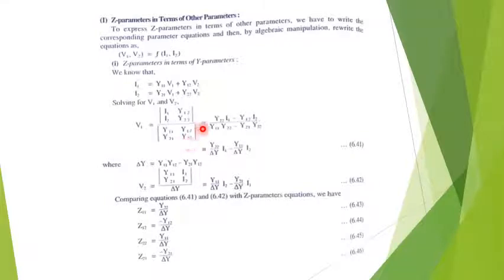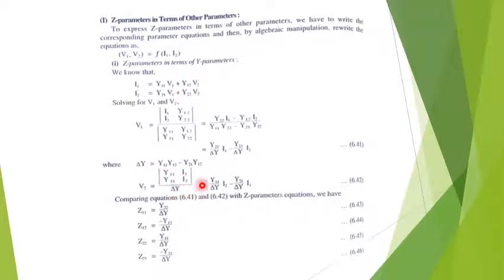So this will be equal to, if you open it out, Y22 I1 minus Y12 I2, divided by the determinant of this matrix, that is Y11 Y22 minus Y12 Y21. So when you simplify this, this becomes equal to Y22 upon delta Y, where delta Y is the determinant of the Y parameter matrix, into I1 minus Y12 upon delta Y I2. Similarly, if I want to find out V2 from this equation, I say V2 is equal to, in the first column I will keep Y11 and Y21 as they are, but the second column will be replaced by I1 I2, divided by delta Y.